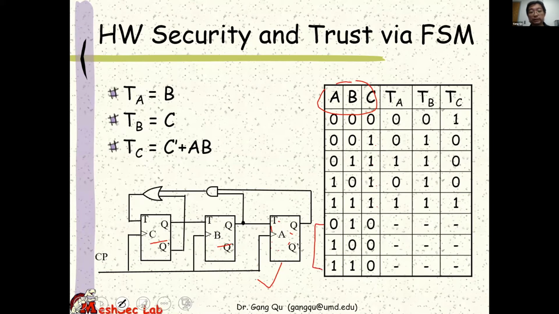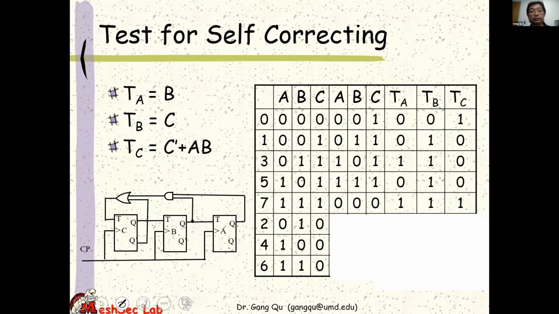They're not specified here. So in my design, I don't really care what the content of the flip-flops will be during that time, or what their next state, the transitions, will be. However, now I have this true implementation, the physical system. So I'm going to take a look and check what happens if, for example, the data here is 0, the data here is 1, and the data here is 0. Then I let the clock run 1 clock cycle, and I come back and check the content of these 3 flip-flops. That is how you check whether this thing is self-correcting.